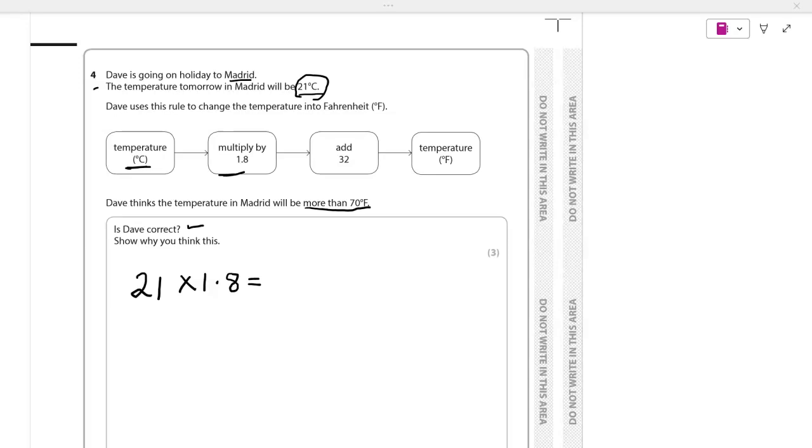So 21 times 1.8, that gives me 37.8. And the next rule is to add 32. 37.8 plus 32, that gives me